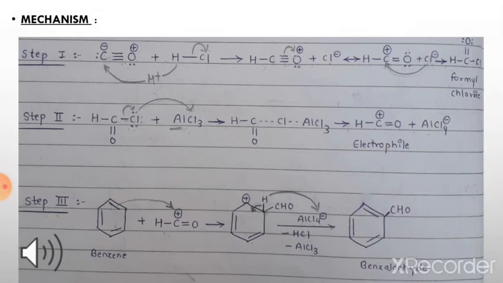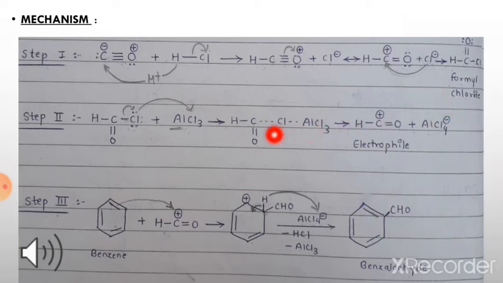As we know, chlorine is highly electronegative. It will attract electrons and become a partial negative charge ion. H acquires partial positive charge and will form the bond with carbon of carbon monoxide. Next, the oxygen will attract two electrons and the carbon acquires partial positive charge. Carbon needs electrons, so chlorine negative ion will donate electrons to carbon. And next, here is the formation of formyl chloride.